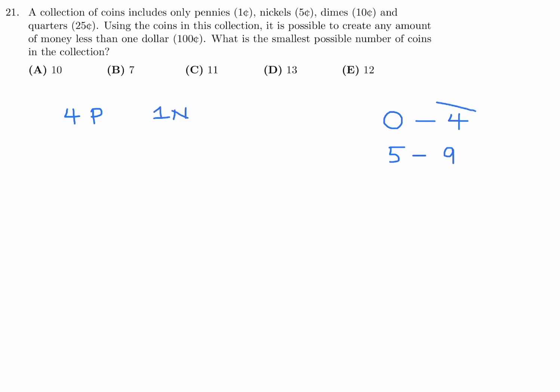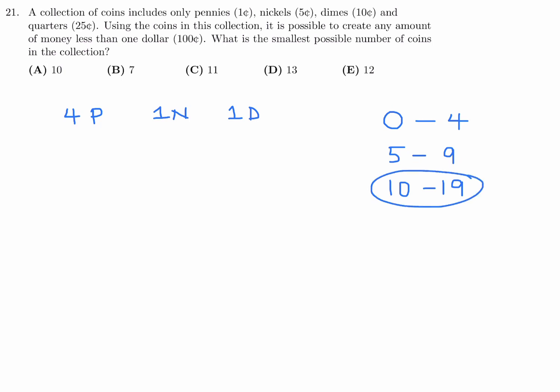because if you take any of these sums and add the nickel, you'll be able to get a sum from 5 to 9. So like, for example, you had 2 pennies, you add a nickel, you get 7 cents, and that's in that range. Now let's go to the next range, 10 to 19. What else do I need to create? Well, 10 to 19, obviously I need a dime. If I take any of the sums that I've created here and add a dime, I'll get up to this